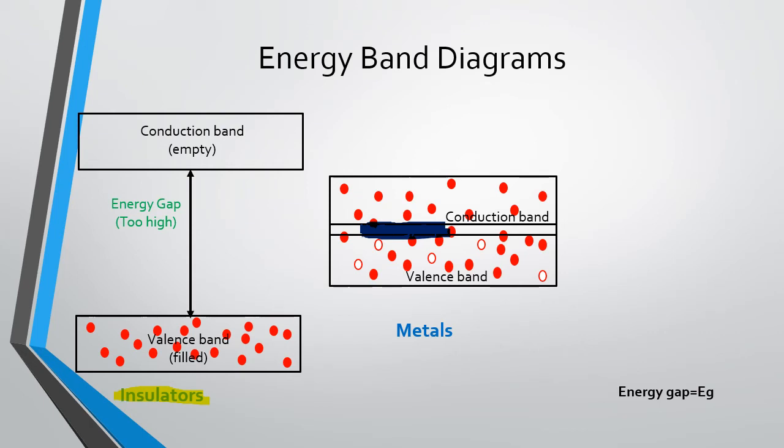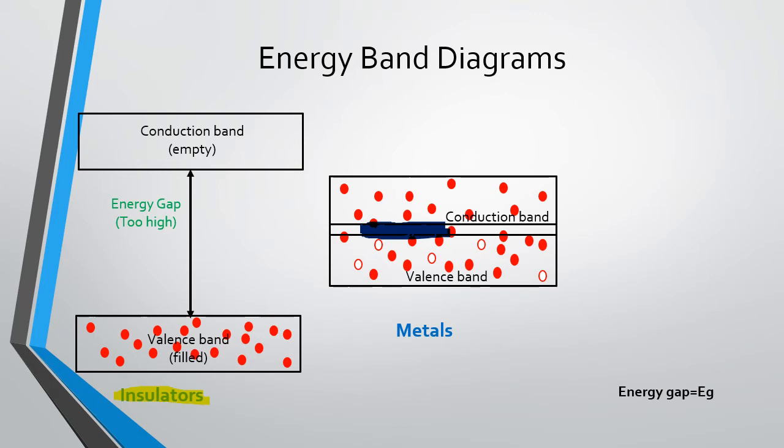If you see very clearly, each time an electron leaves the valence band and reaches to the conduction band, there is a hole generated. The holes are known as acceptors and the electrons are known as donors. So each time an electron leaves its place and goes to the conduction band, there are holes generated.